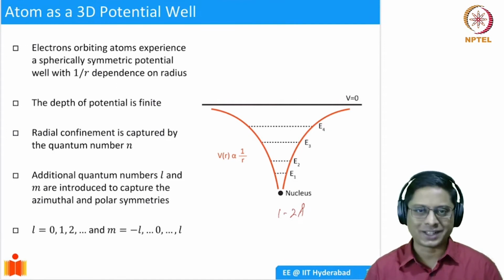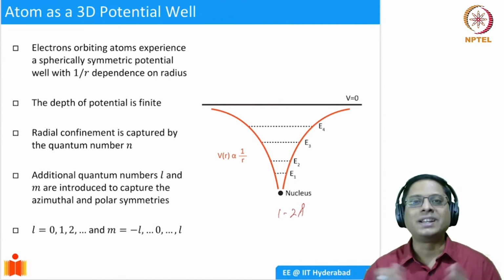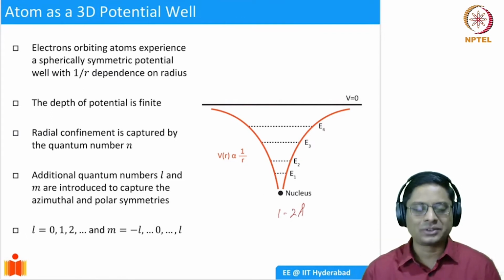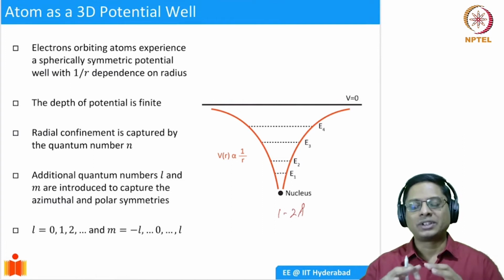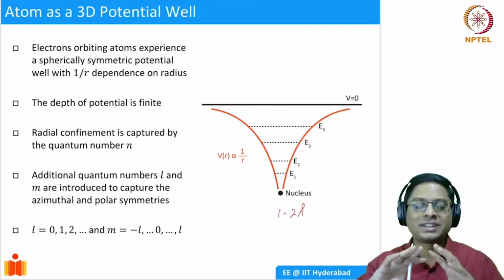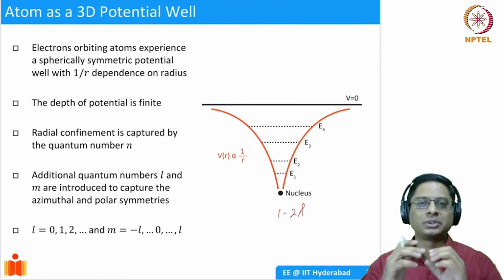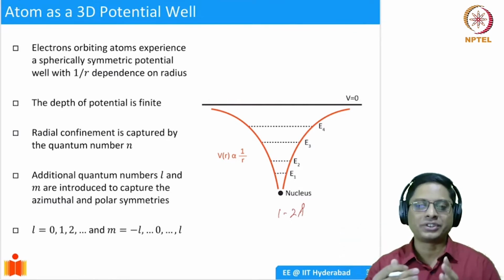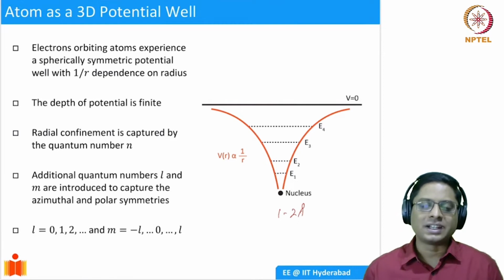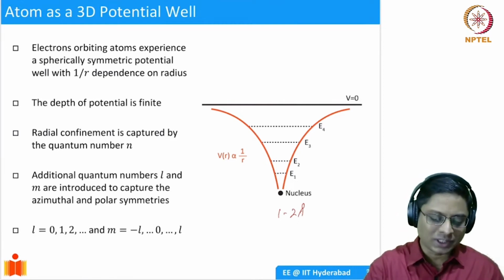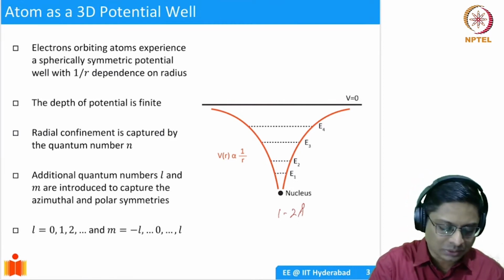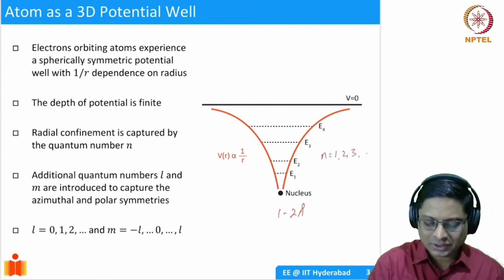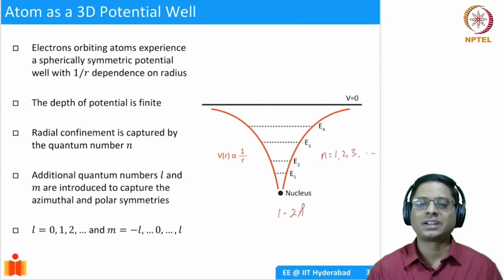So what happens in that scenario? Well, in the 1D case, we saw that there is this discretization happening. In a 3D case also, something similar happens, okay? Because now the potential is different. The potential well is actually a three-dimensional potential well. So you have all the R directions. In the radial directions, you have this potential well, which causes the energy to be discretized. And you have these quantum numbers, n equal to 1, 2, 3, and so on, right? Similar thing happens. And you have energy levels, E1, E2, E3, and so on,